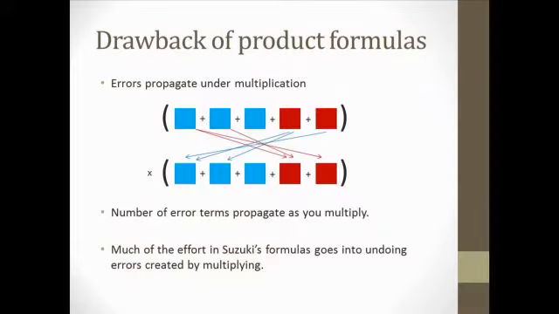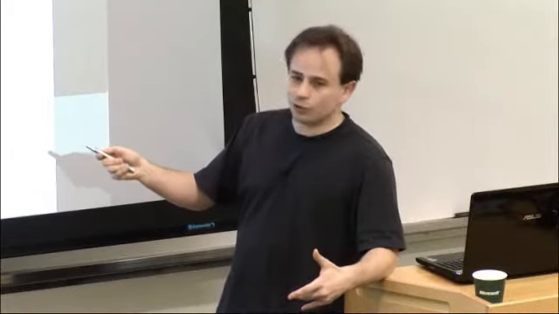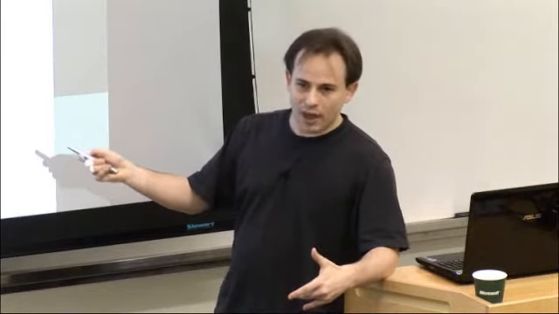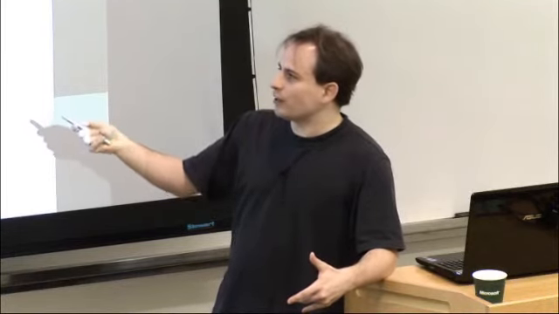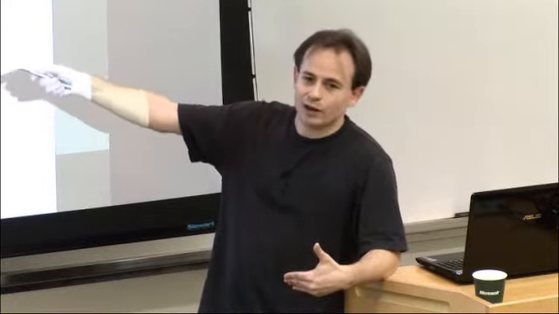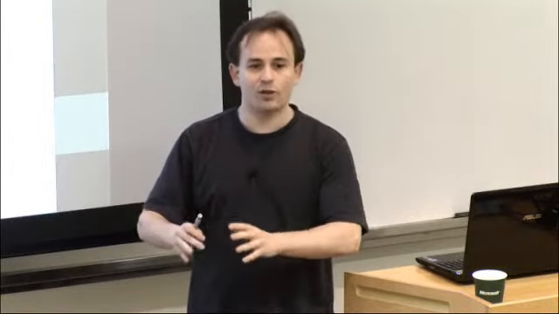One of the big drawbacks, though, is if you just take a look at what happens with the errors whenever you multiply, is that every time you multiply, new types of errors are created by multiplying terms that previously worked with error terms. So for example, let's take a look at the second order error terms here. Error terms of that scale can be formed by multiplying this correct term by that incorrect term. And thus you'll generate a more complex set of errors through multiplication than you would otherwise.